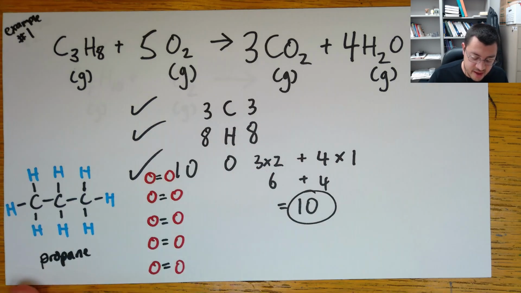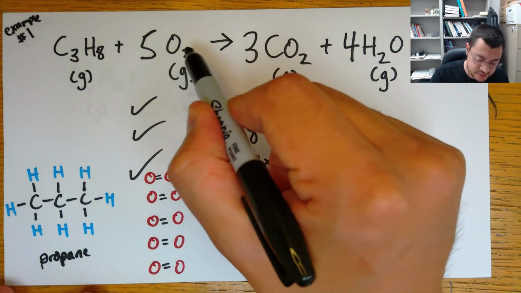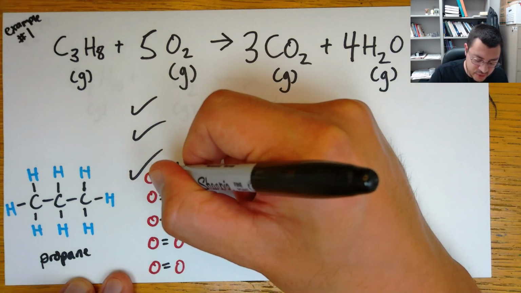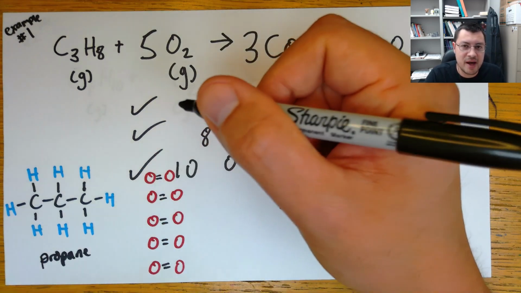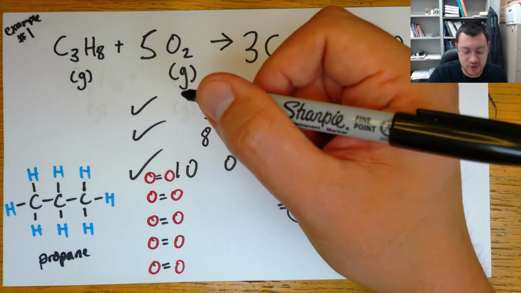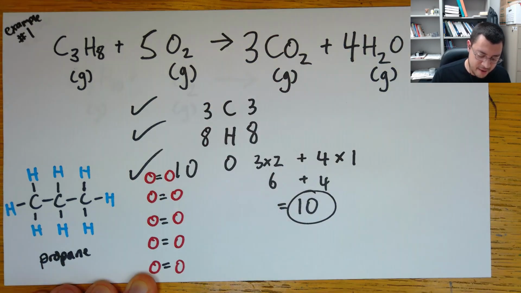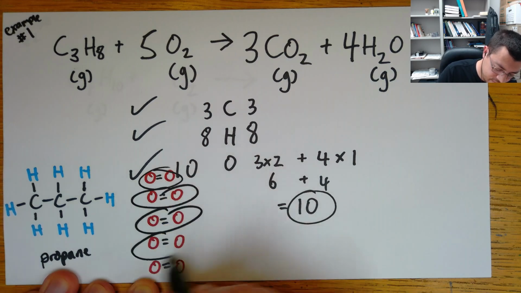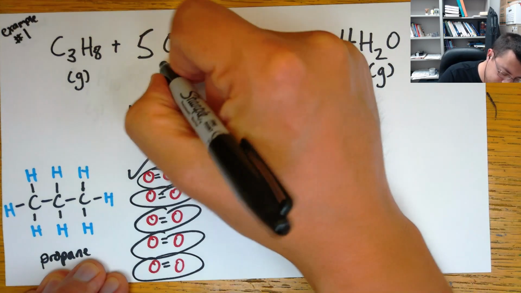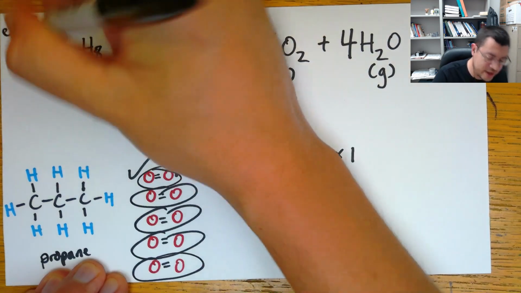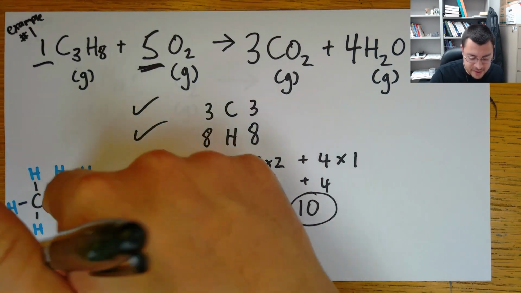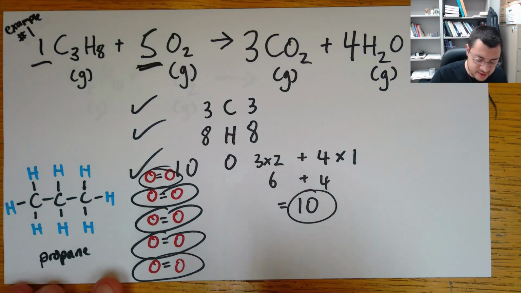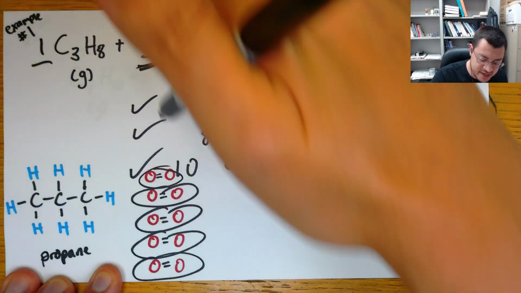8 hydrogens. I have 5 oxygen molecules, and they come in packages of 2. If you've studied bonding, you would know that dioxygen has a double bond. If you haven't studied bonding, don't worry too much about this double bond. But yeah, they come in packages of 2. So there's 1, 2, 3, 4, 5. That number, right? So that's a 1. We don't write the 1, but it's there. 1 propane, 5 dioxygen molecules, and so that means we have 3 carbons, 8 hydrogens, and 10 total